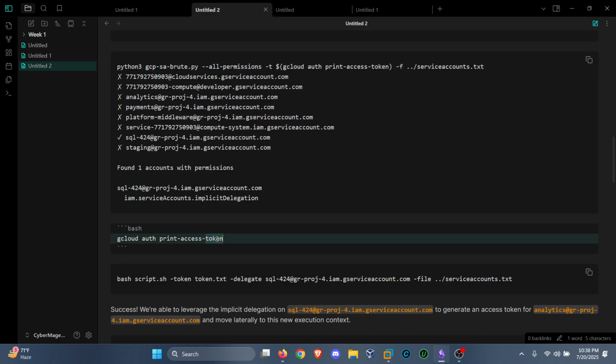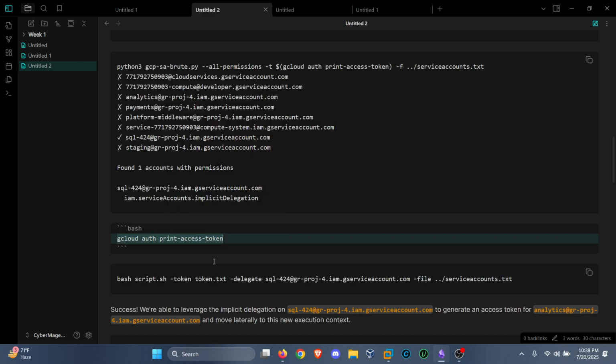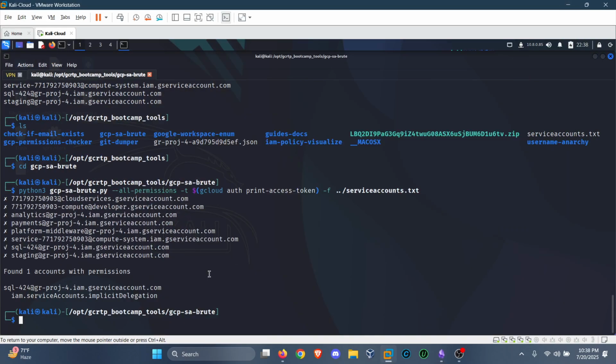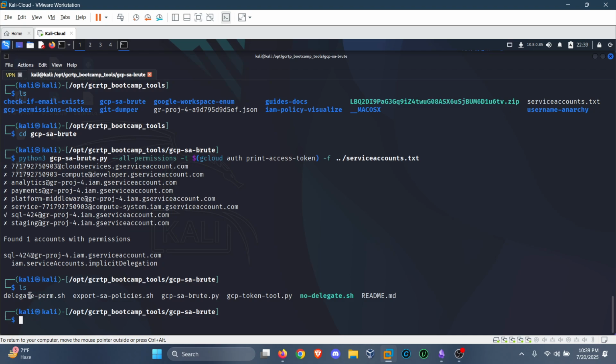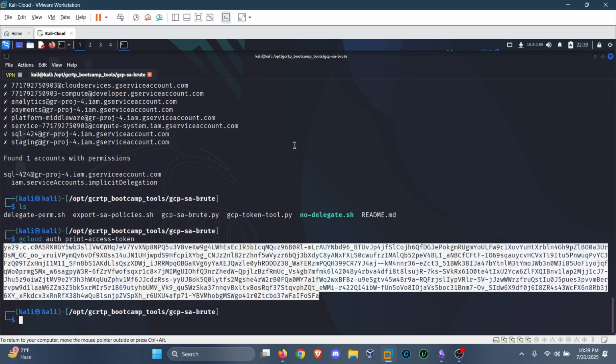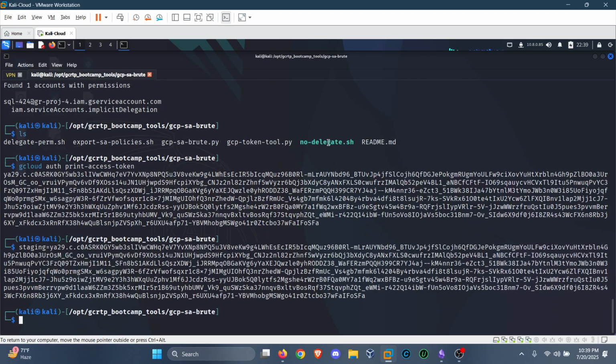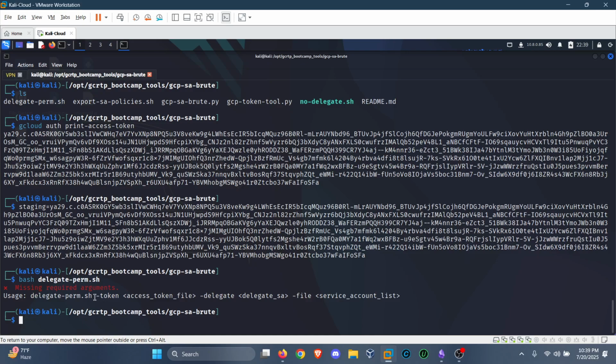So what we can do now is go ahead and run gcloud auth print-access-token for our current user. And there is a tool that I have made myself called delegateperm.sh, just a script. I'm going to show you guys that. It's also going to be in the description of this video. So first we have to print out our access token. Let's put this in a variable called staging equals this. Perfect. And if we do bash delegate perms dash, it says that we have to use the token